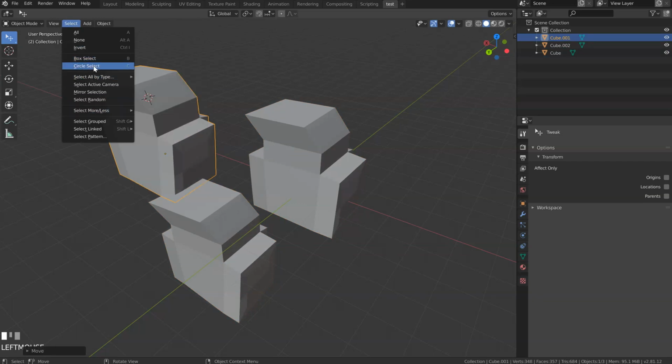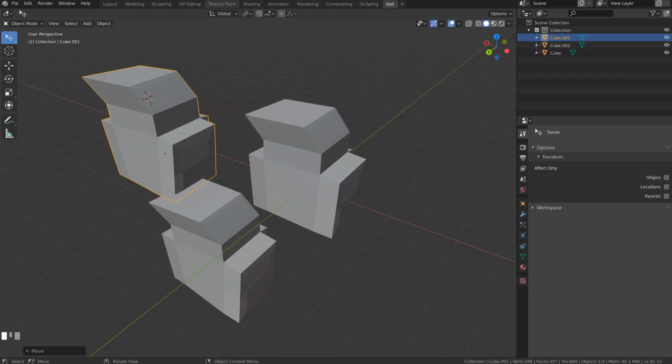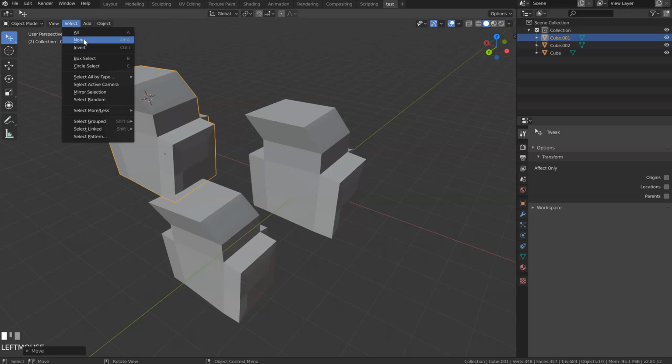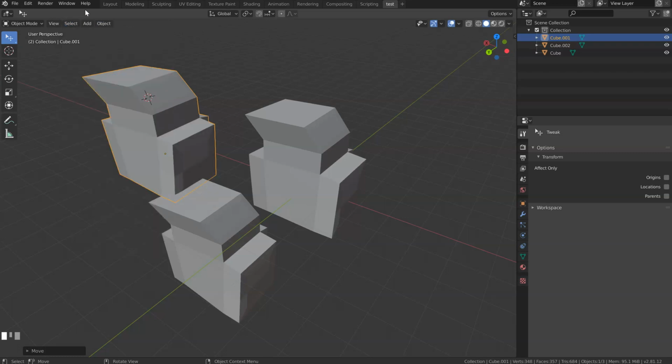You have the box select, the circle select with the shortcuts, the mirror selection, select more or less, select grouped. Check everything. This is really important. I say that all the time, but that will help you a lot. Test everything on each menu on what you can do. And you will learn a lot of things that a lot of people don't know, because people only do what they see in tutorials, but they don't search what they can do really in Blender. So check everything, go in the documentation manual and see what you can do, and you can be sure you will learn a lot.